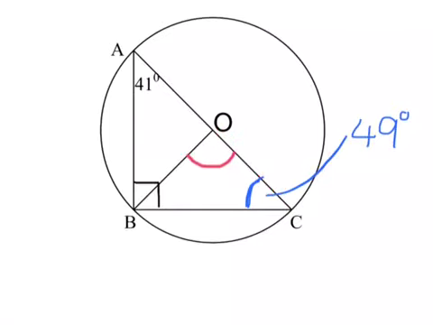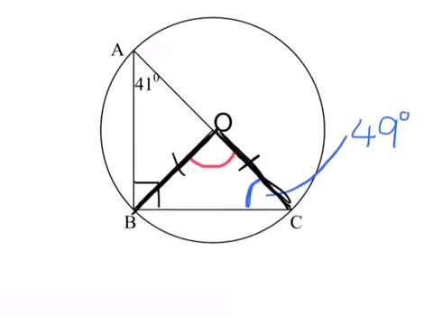What we need to spot, however, first of all, is that this line here and this line here are in fact the same length. The reason that we know that is because we know that this is the centre of the circle. Any line from the centre of the circle out to touch the circumference is known as the radius. So this line here is the radius. That means that this line here is also the radius,